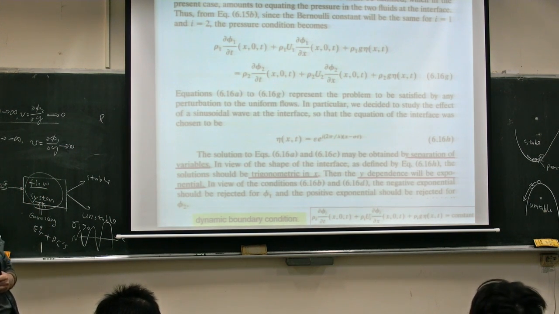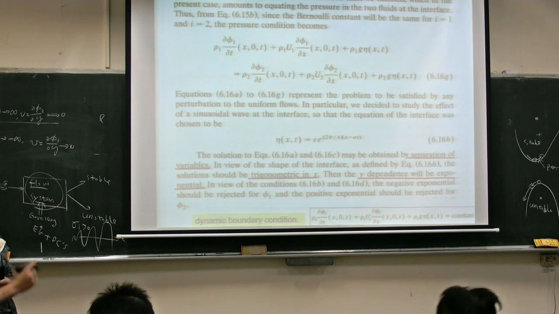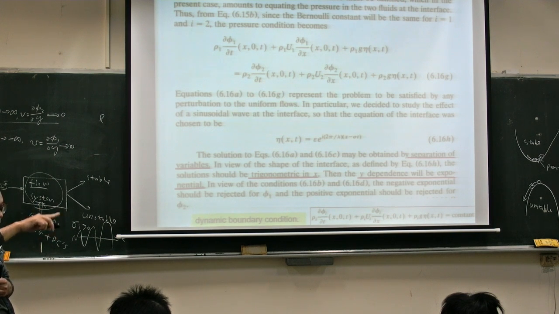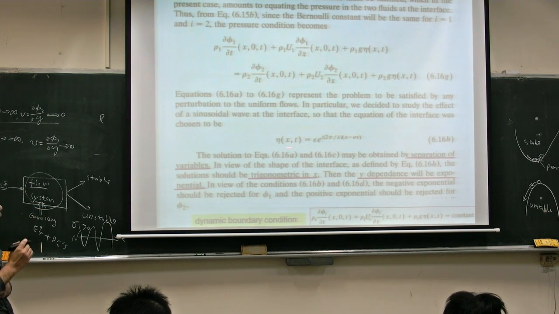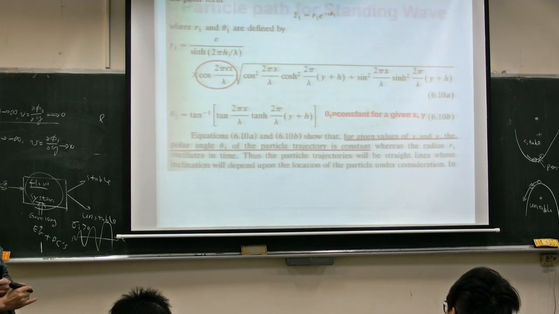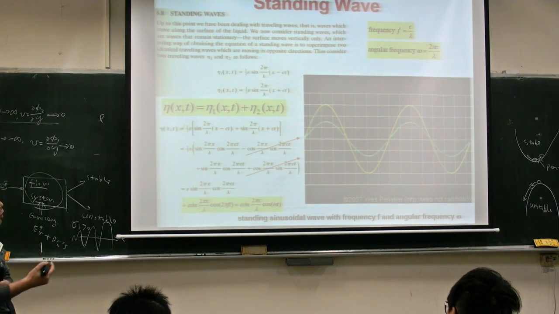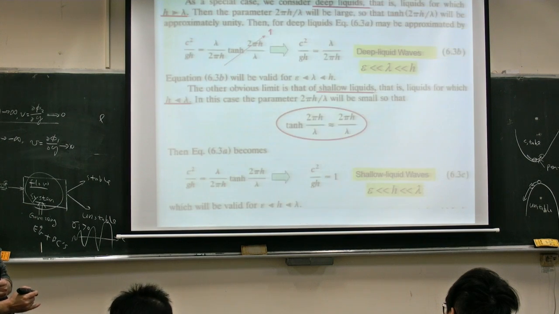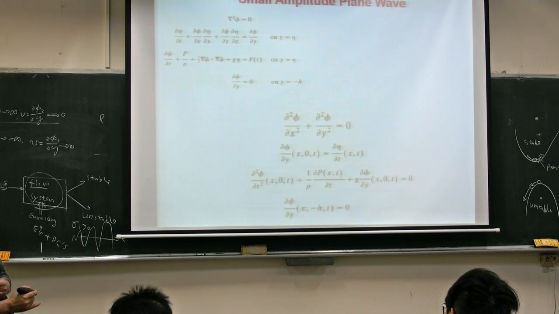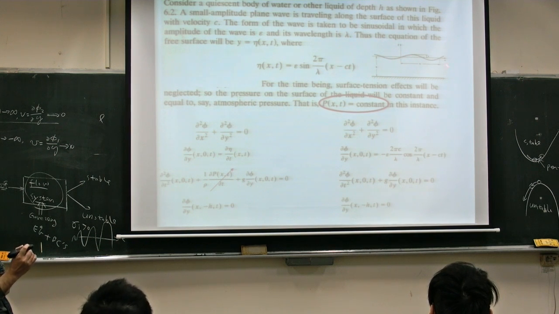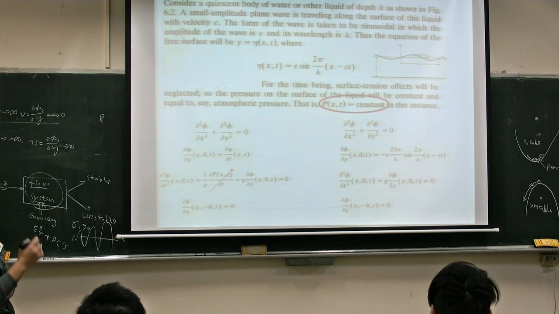Once you input this perturbation at the interface, we know how to do that already. When you have a traveling wave on the interface, remember, in the beginning of this chapter we dealt with a small amplitude wave. For example, from here, I have a small amplitude wave generated on the surface, and I try to evaluate what the flow looks like, right? This is the chapter